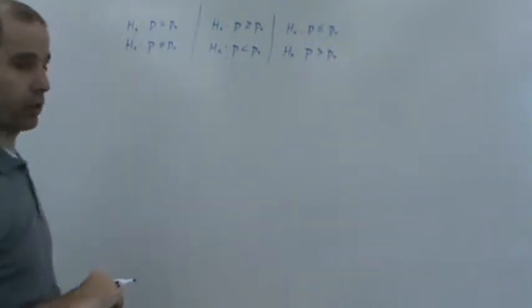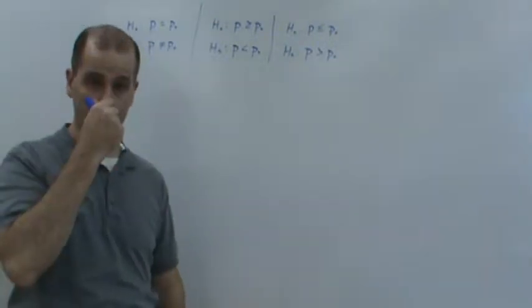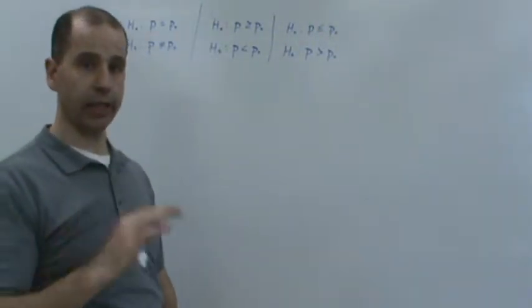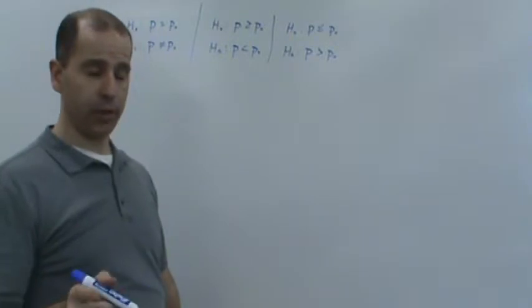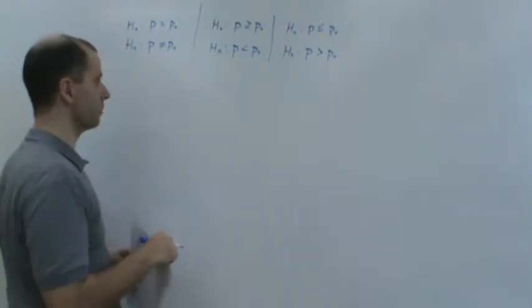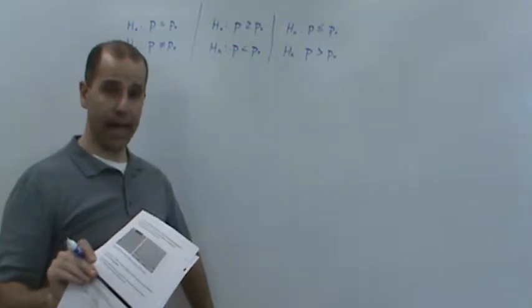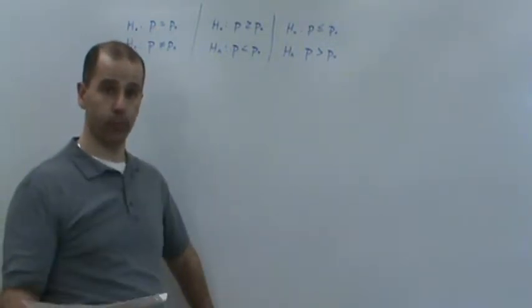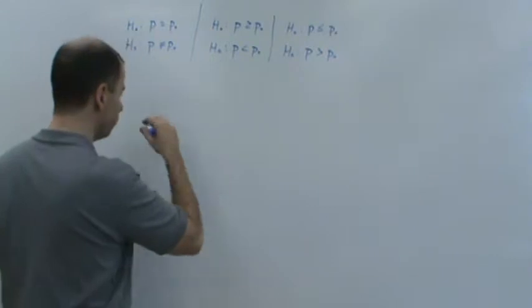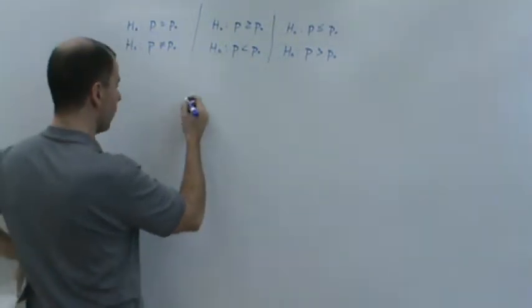Also, we have to know the sampling distribution of p hat, right? Just like in chapter 8 for confidence intervals. So to do the test, we need to know what the distribution of p hat is, and of course, we want it to be normal, okay? So recall that if